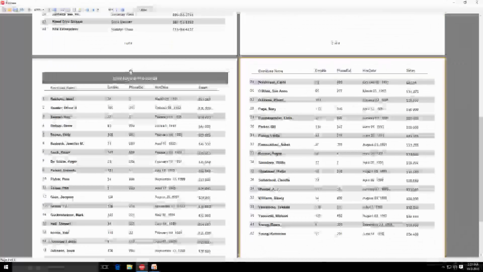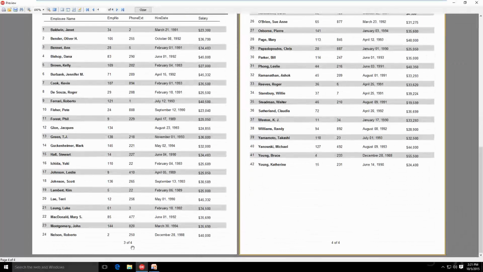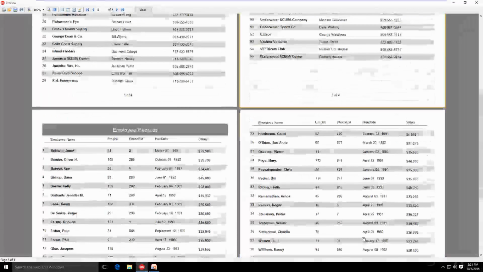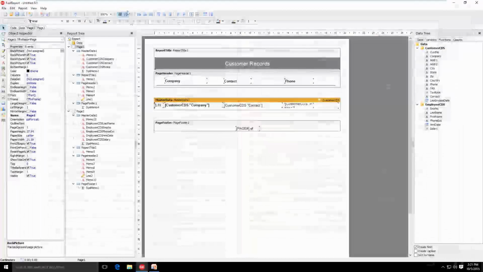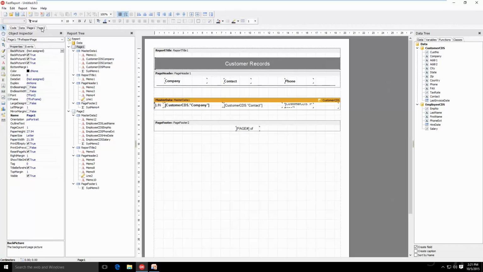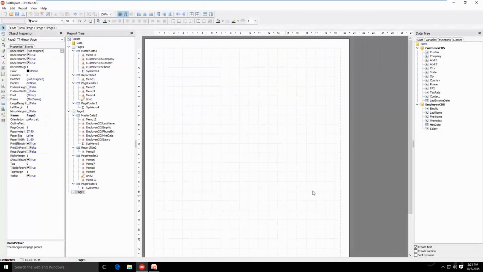Now here's the next report. It starts on page 3, and it continues the same page numbering. So again, these are very easy reports to create. In order to create an additional page, you just come up here and say you want a new page, and it brings up a blank